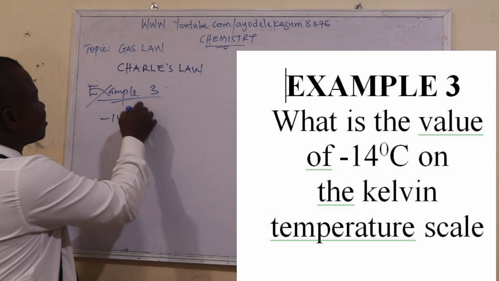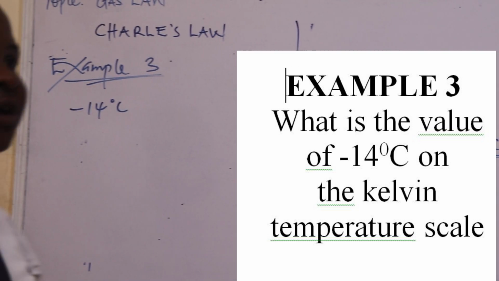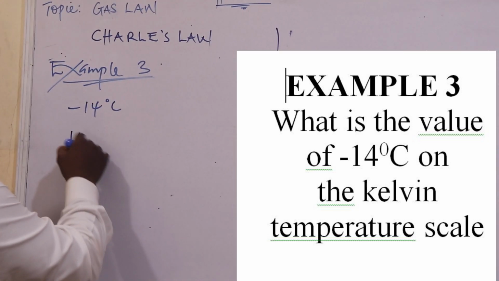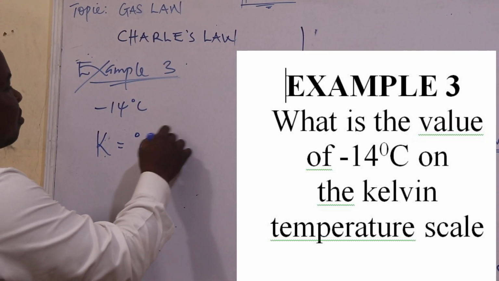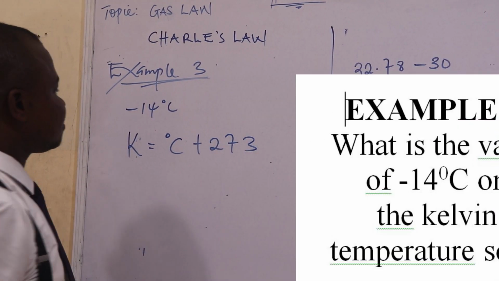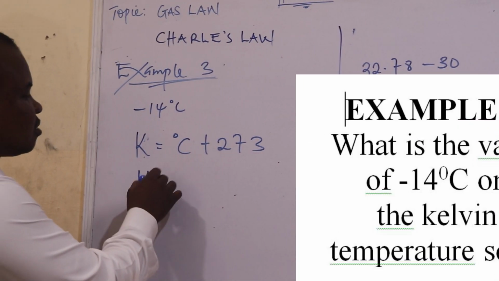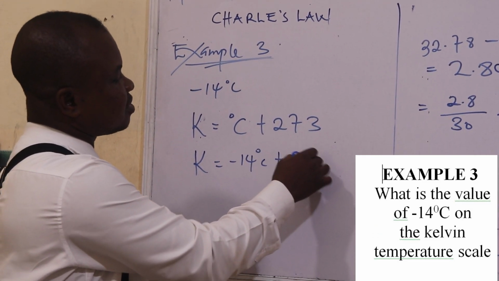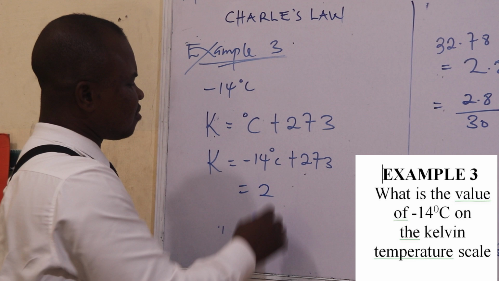Alright. What is the value of -14 degrees C on the Kelvin temperature scale? We are going to be using this formula: K equals degrees C plus 273. So we have our Kelvin as -14 degrees C plus 273. To that you have something like